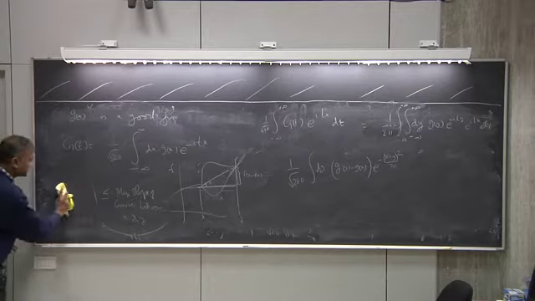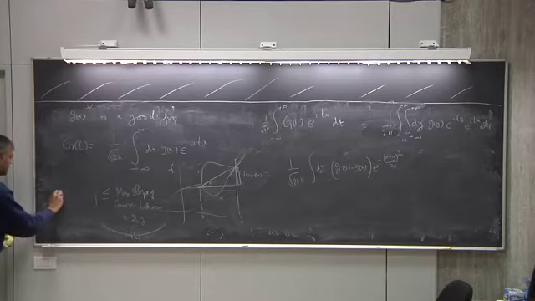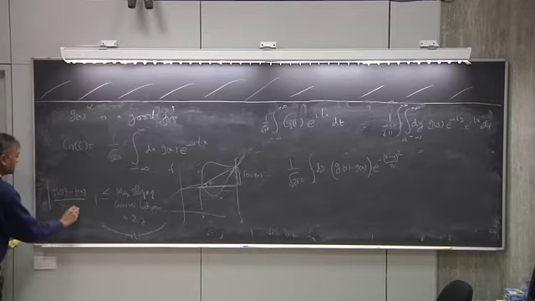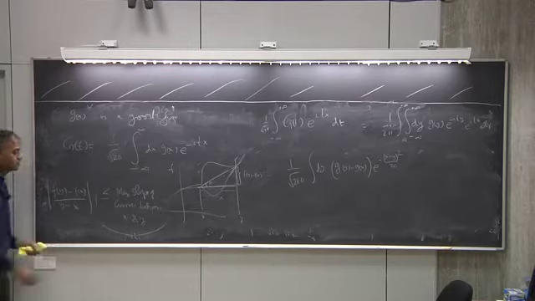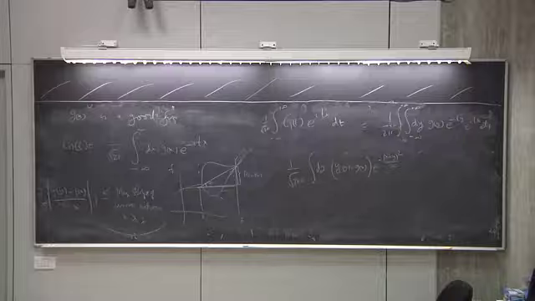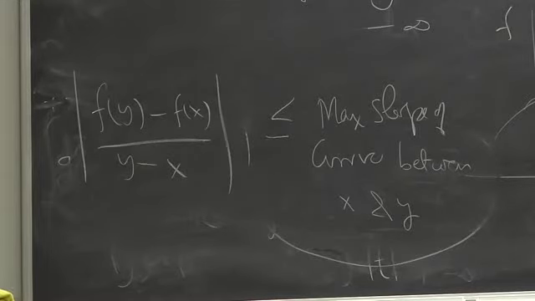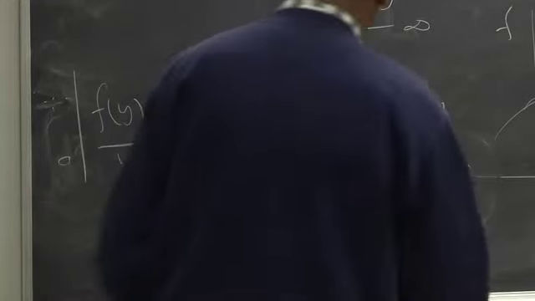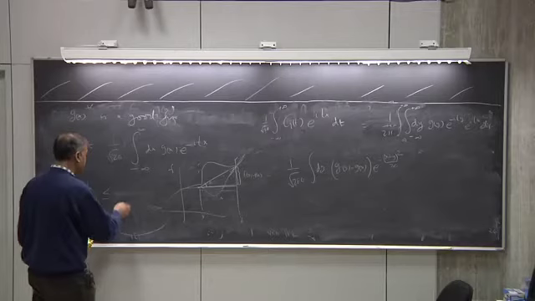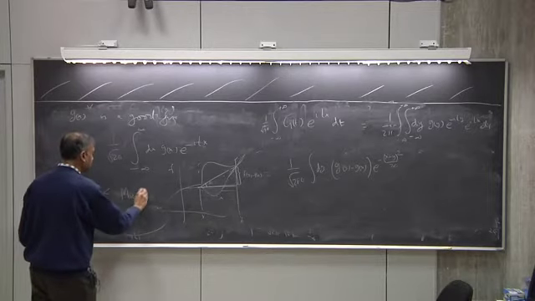But tan of theta is just that. I mean, theta was that. So, it's the modulus of f of y minus f of x divided by y minus x. That is less than or equal to the maximum slope. Slope is derivative, right? So, what we are saying is that this is less than or equal to the max of df by dx,